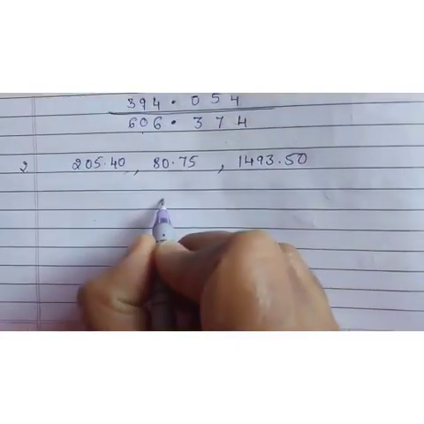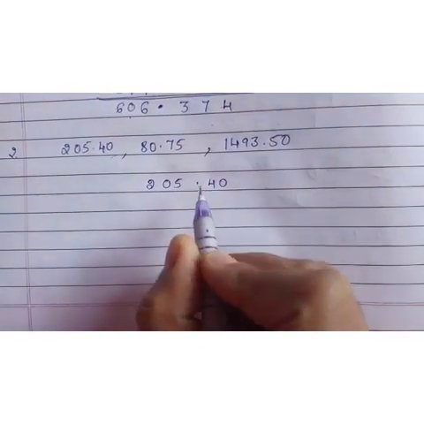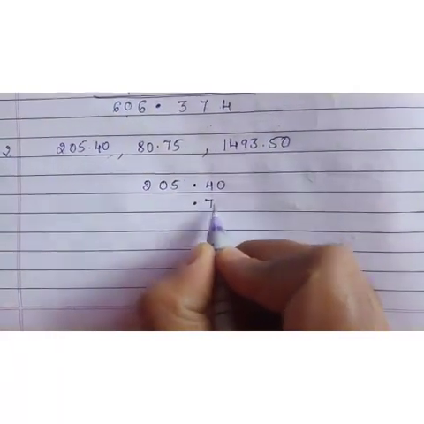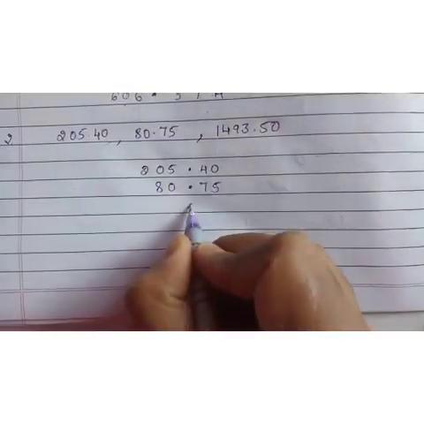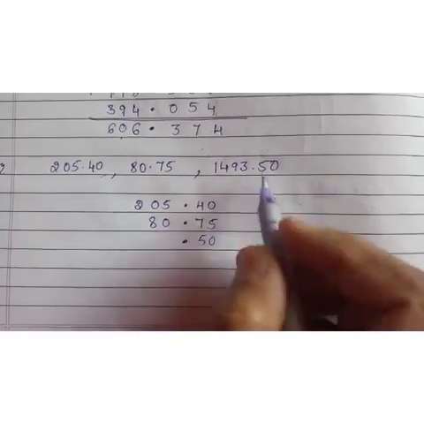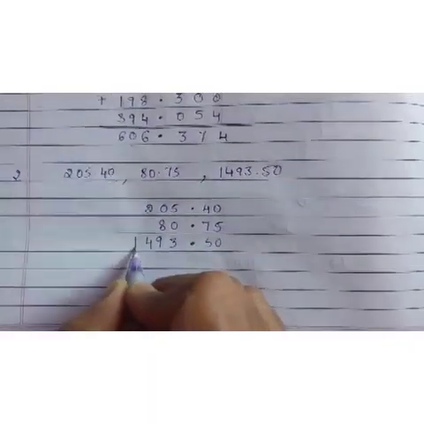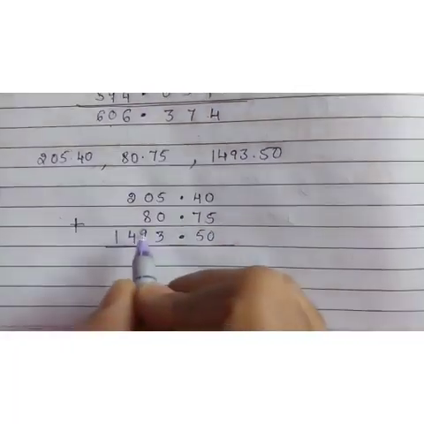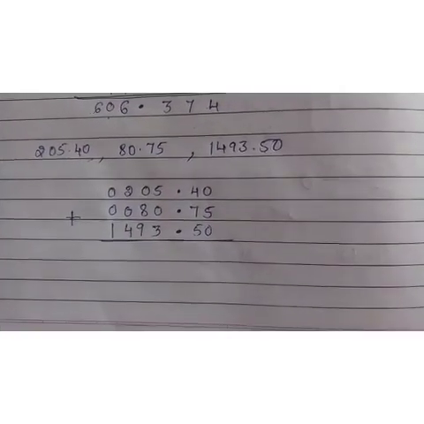Now same procedure you have to follow. Write the number as it is, followed with a decimal number which will come just one below the other. Place the decimal point one below the other. Here we have 75, and before that we have 80, that is 80.75. Next number, place the decimal point 50, place it here. Next we have 1493.3941. Now add it. If you are not finding it easy, what you do? Place 0 so that all the three numbers become the like decimals.